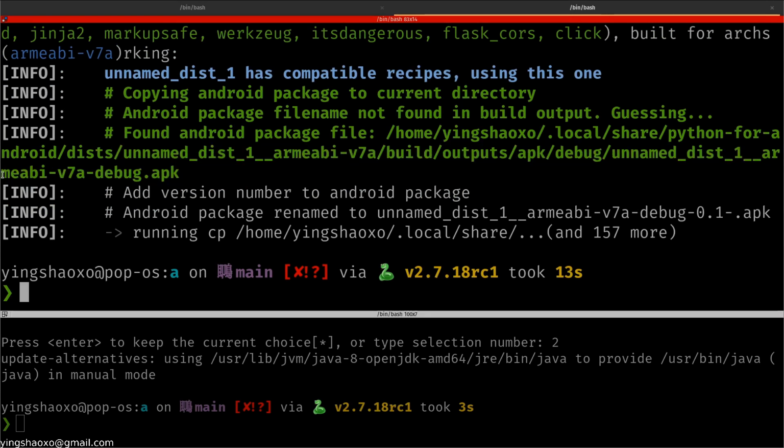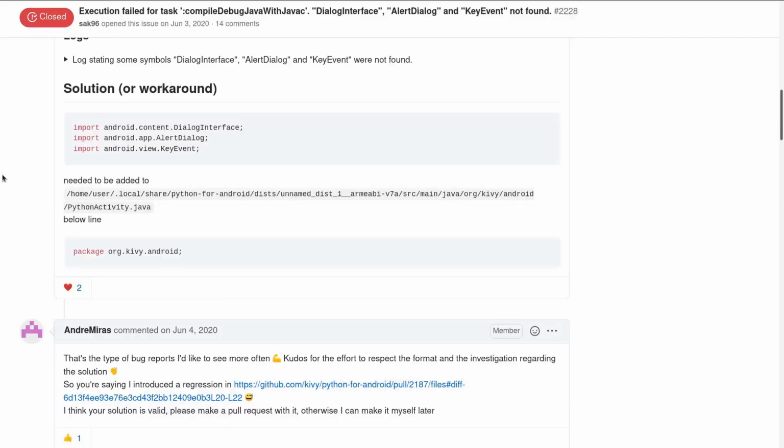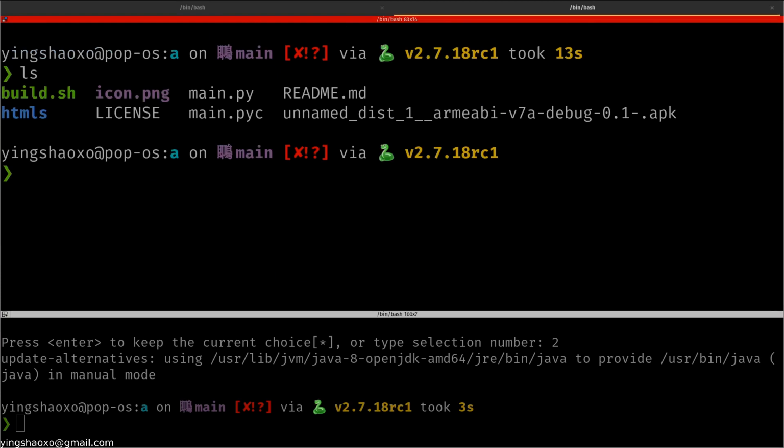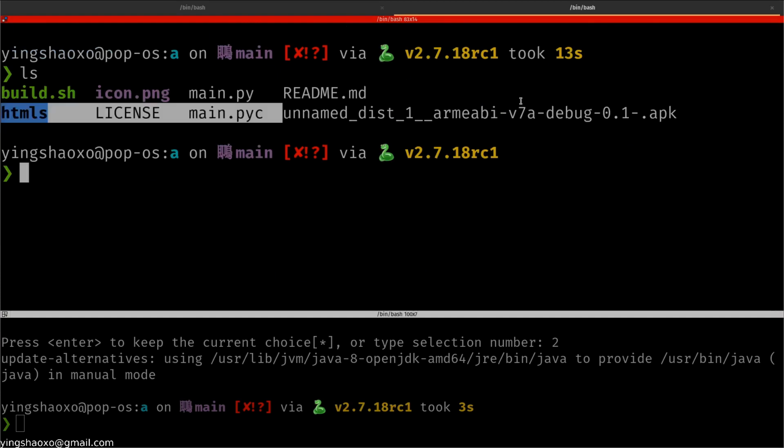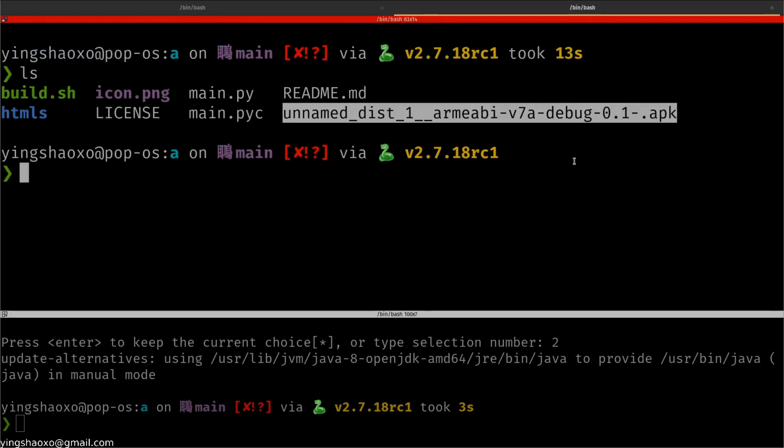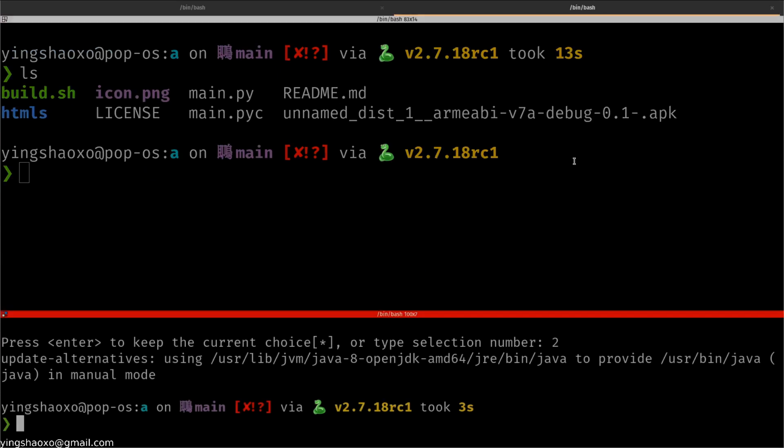That's an Android application. Good. So I'll give this answer a star. And let me have a look at that. Hey, where's our APK? Okay. Here, this is our APK file. We can actually install it. Let's just